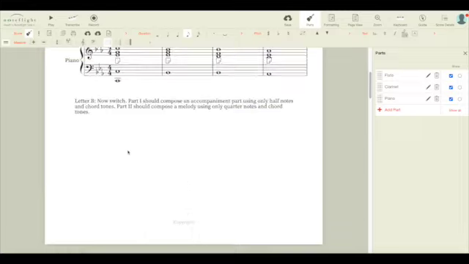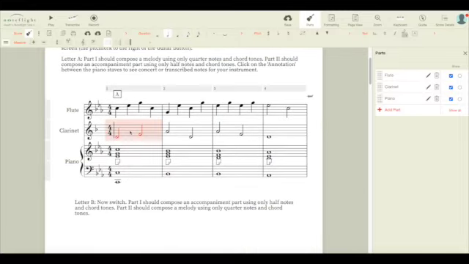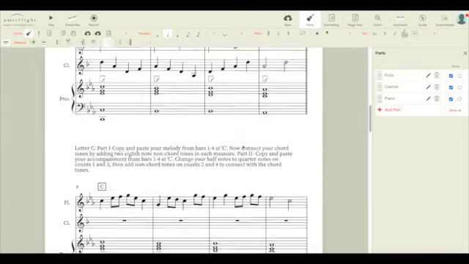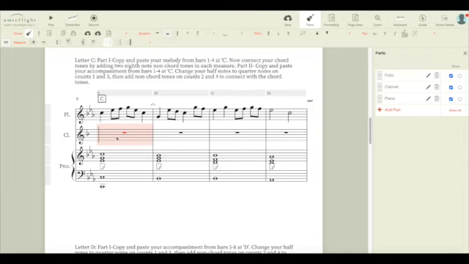Now part 2 is going to go back to the first measure. Click in the center of the first measure, hold your shift key, click near the end of the 4th measure, Command C to copy. Scroll back down to letter C, click on the first bar of letter C, Command V to paste. And part 2 is going to change the half notes to quarter notes on counts 1 and 3, and then add non-chord tones on counts 2 and 4. So if I change this to a quarter note,